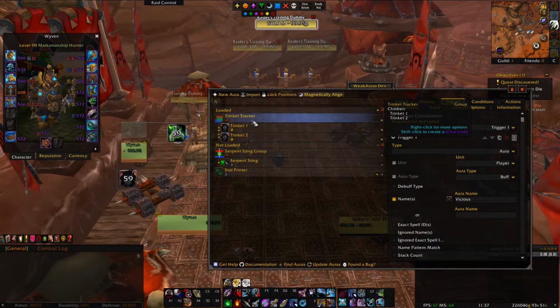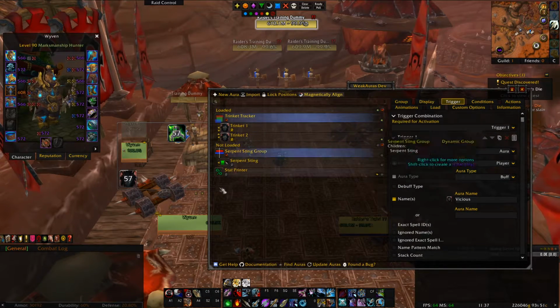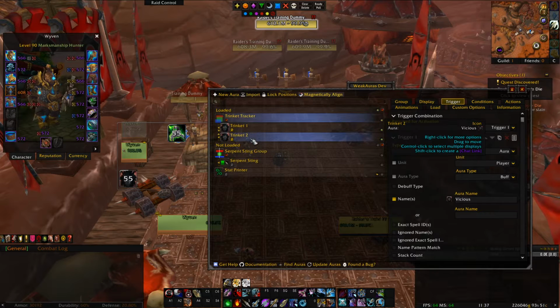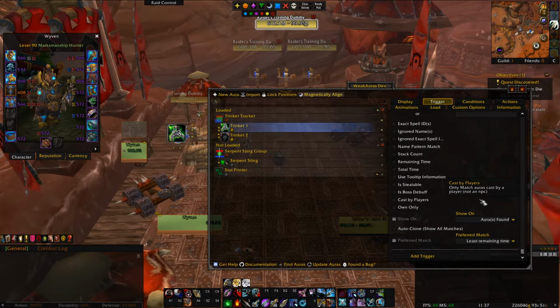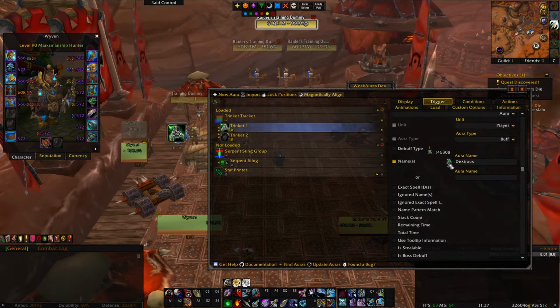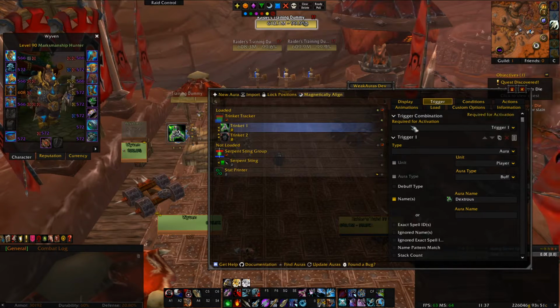So that's why we're using a group, because I want them to show in different spots. So this first one, just like any trinket, you need to see when it's up, and we're going to put Dexterous, that's the name, and yeah, no need for show only, and that's done. Okay, now we see this thing,